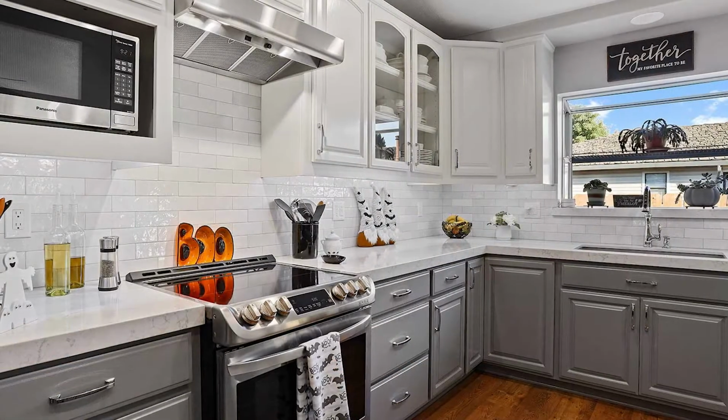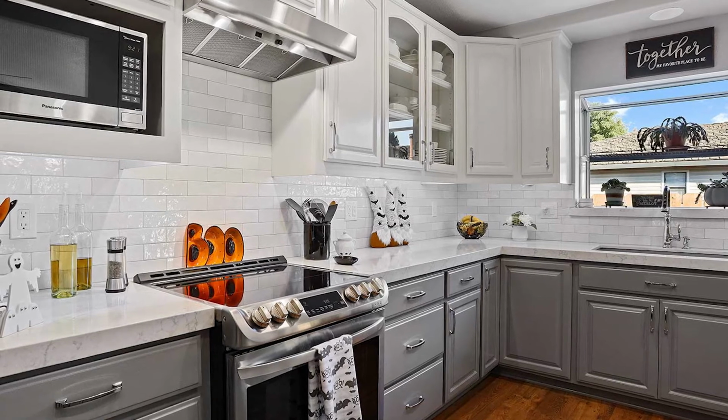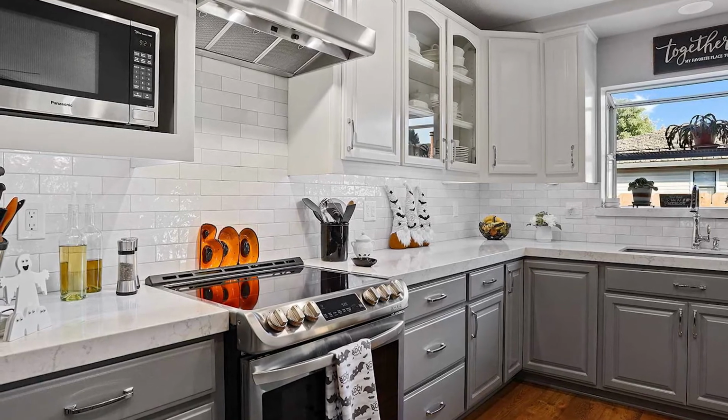The countertops on this project are the LG Viatera Kéras quartz, a marble simulated quartz. You get all the advantages of quartz in terms of durability and ease of maintenance with the rich look of